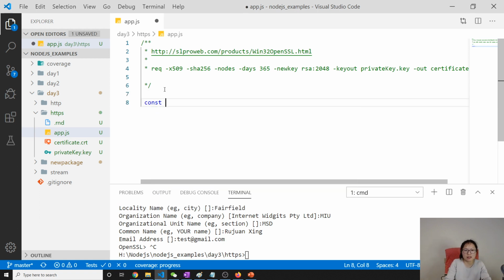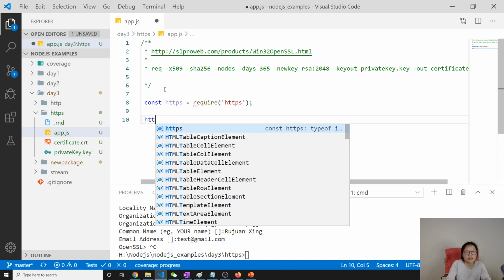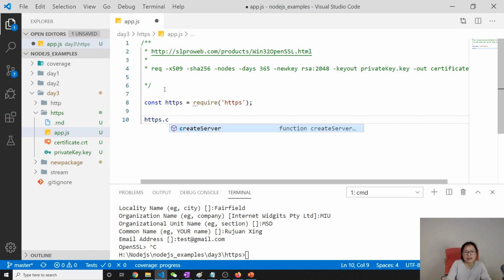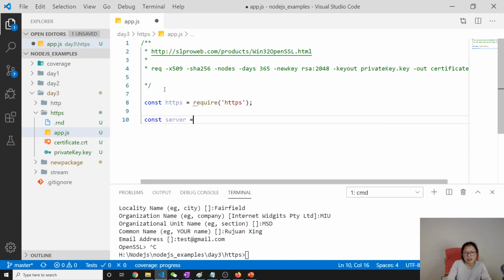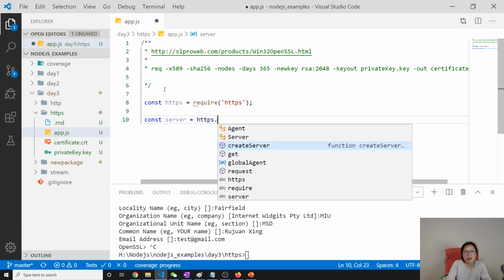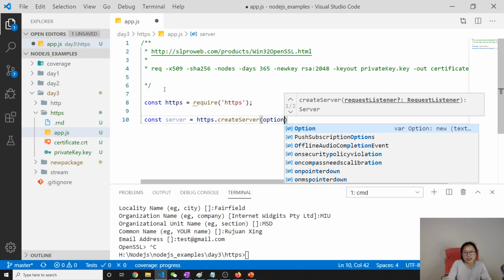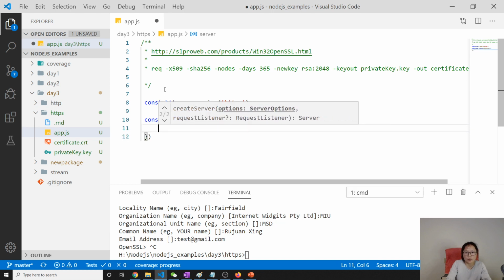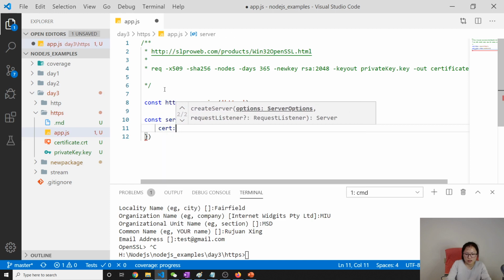Now, how to do that? We're using const https equals require https. And then what you're gonna do? The same steps: create a server. const server equals https.createServer. Here we give an option. What is the option here? The option is an object including cert. So what is the cert? It's the